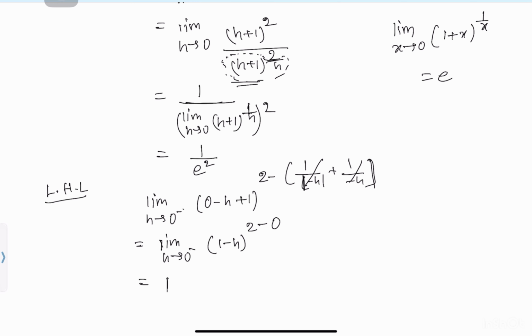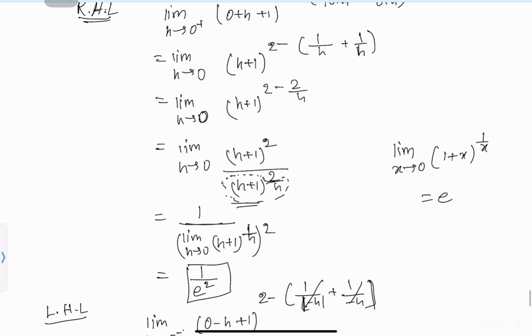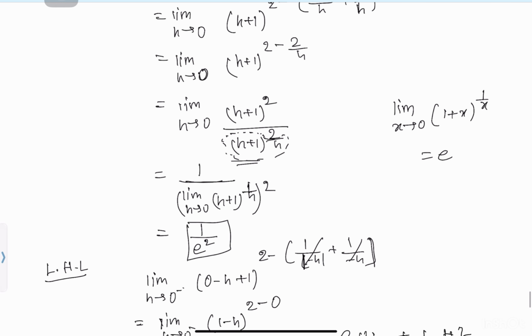That means the right hand limit and the left hand limit are not equal, because this is 1 by e square and this is 1. So the right hand limit is not equal to the left hand limit. So the function is discontinuous only at one point, that means at x equal to 0. This option is the correct option. Question